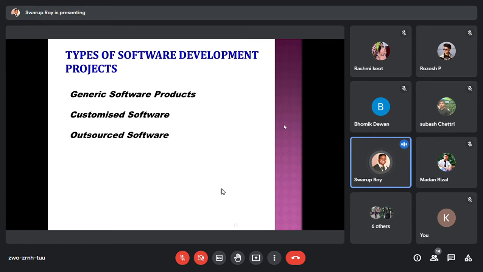Normally, some big software companies take up the whole project, and then they give some components or parts of that software to be developed by outsiders.